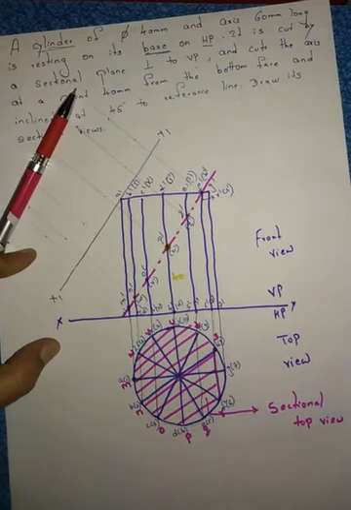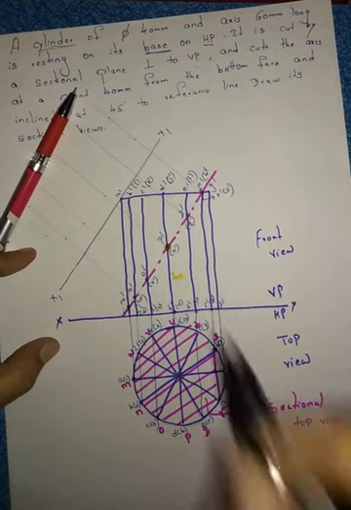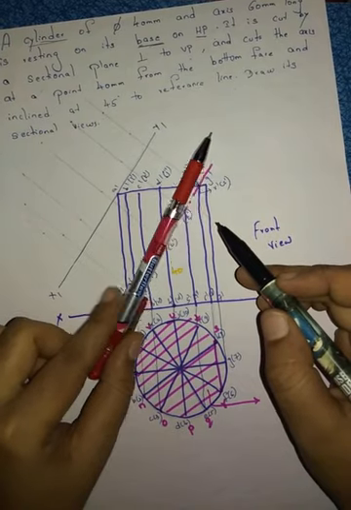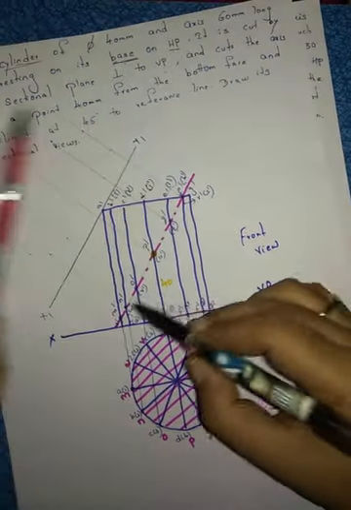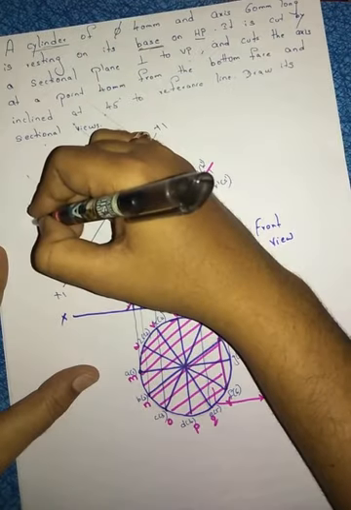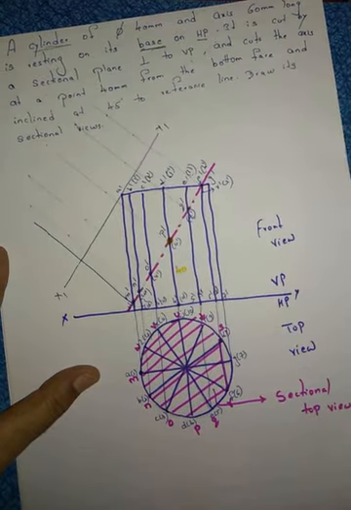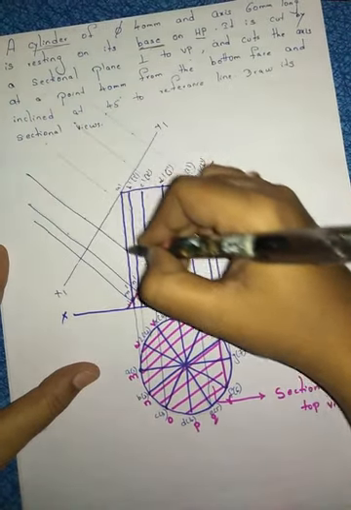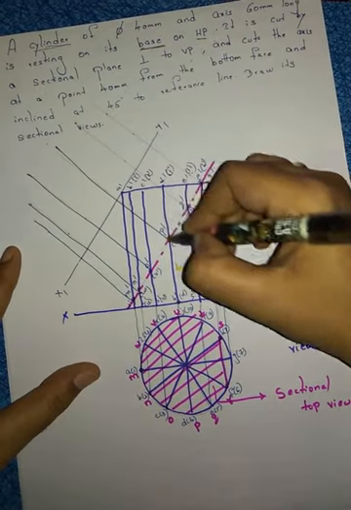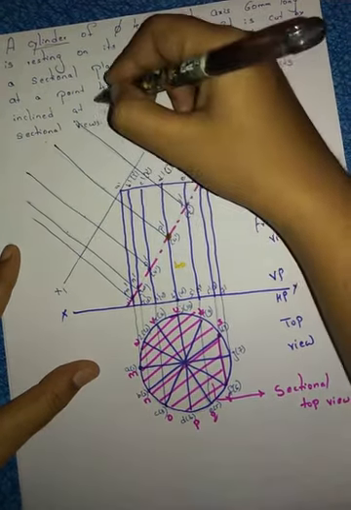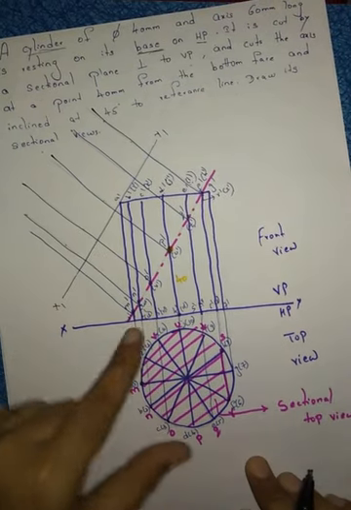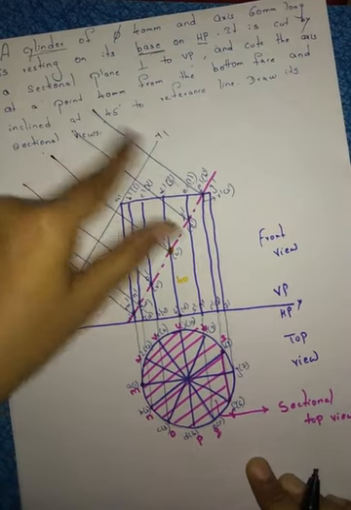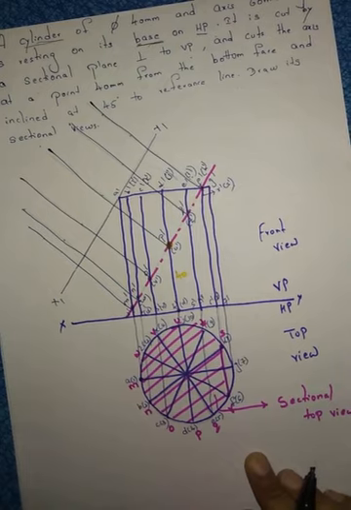Right? After that, what we have to do? Every problem is the same process. After that, what we have to do? Just keep your protractor on this sectional plane. Keep your protractor on this sectional plane from M point. From M point, mark 90 degrees. Right? You know, from N also mark 90 degrees. From O, from P, from Q, from R and S. Keep your protractor on the sectional plane. From every point, mark here 90 degrees. Now, after that, what we have to do?